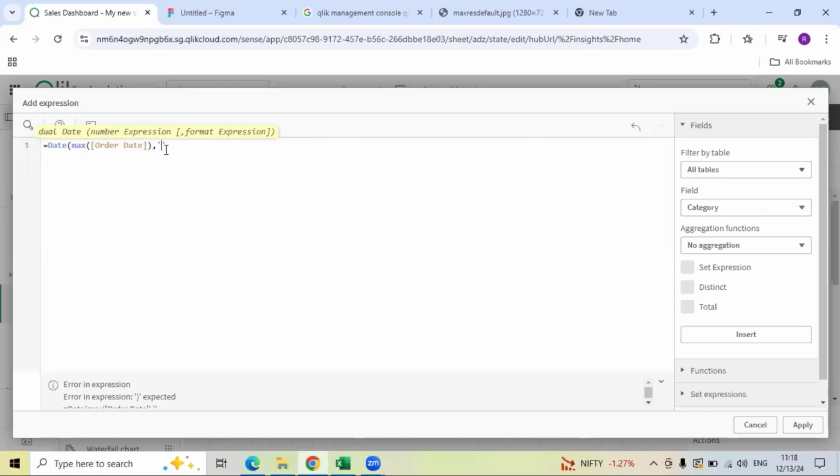Max always returns the number. That's why we need to define the date formatting. Here, date is,